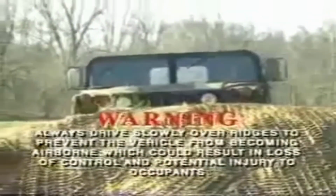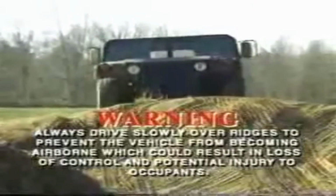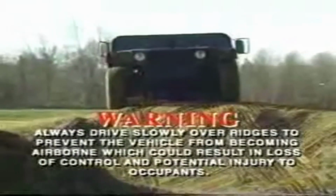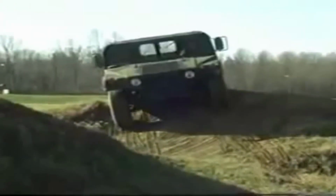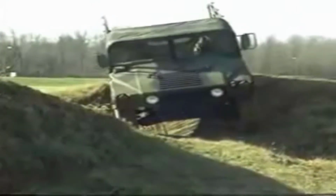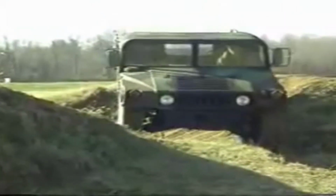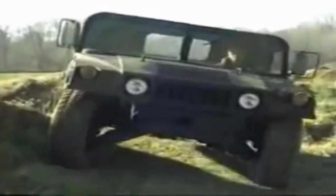If approaching a ridge, remember to slow down, as it is possible for the vehicle to get airborne crossing it, resulting in a loss of control and possible injury to the occupants. In order to maximize traction when going over the ridge, select the path that provides the same surface conditions for both wheels at the same axle. As with crossing a ditch, use an angular approach to ensure that 3 of the vehicle's wheels remain on solid